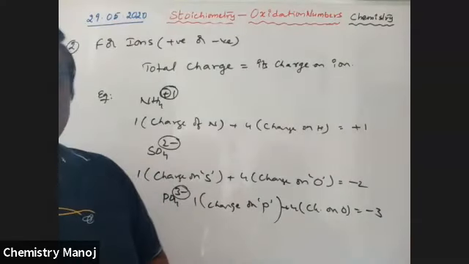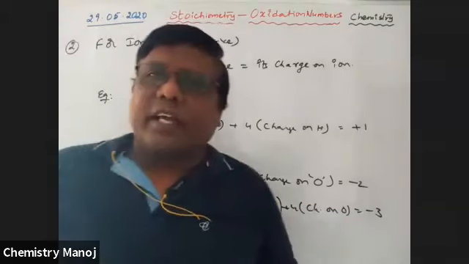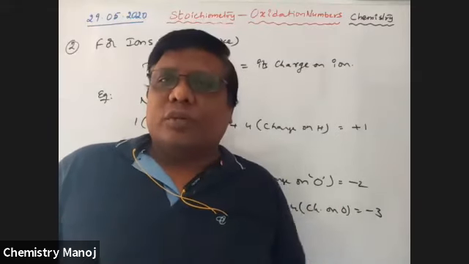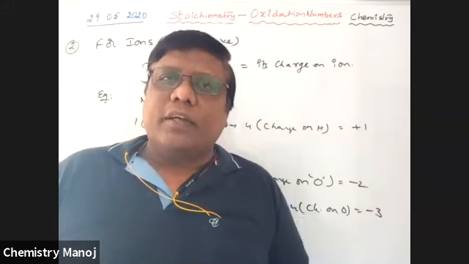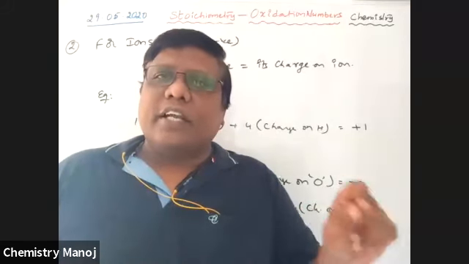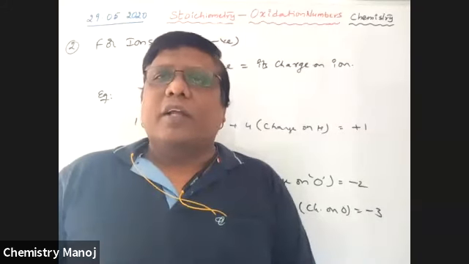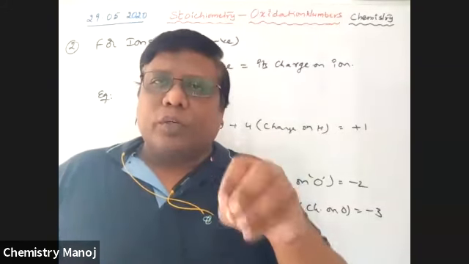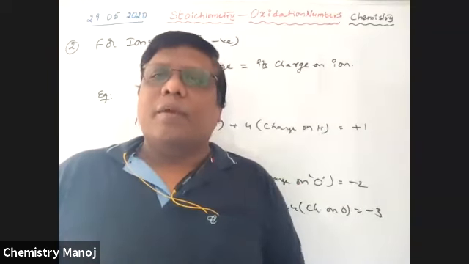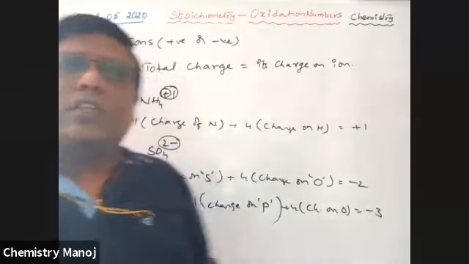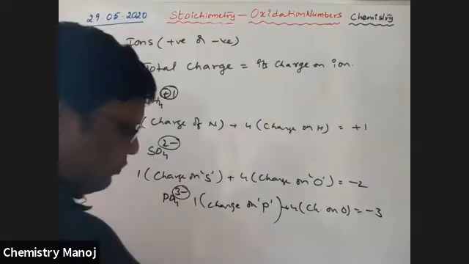Total charge is equal to 0. These are very, very important, the first and most important cases. If neutral molecules are there, the total charge becomes equal to 0. If ions are there, that means positive or negative charges are there, so in that case, the total charge is equal to the charge on that particular ion. So these are the important conditions to calculate oxidation states of unknown elements by taking known, standard elements. These are the first important rules.